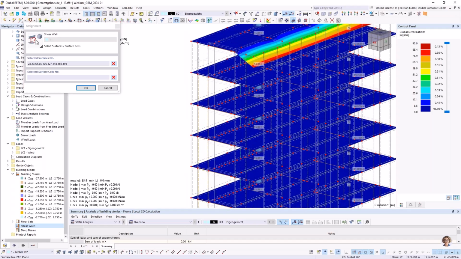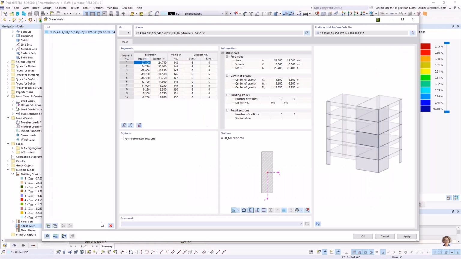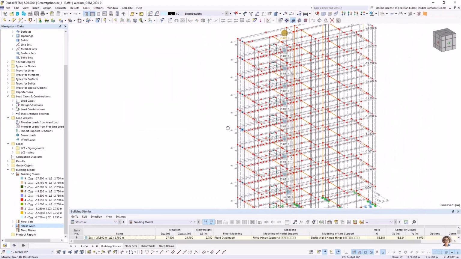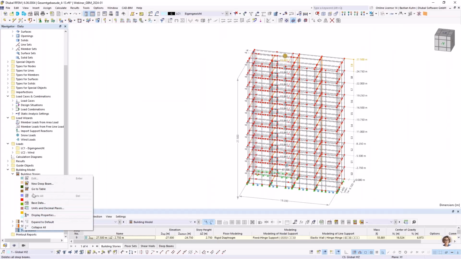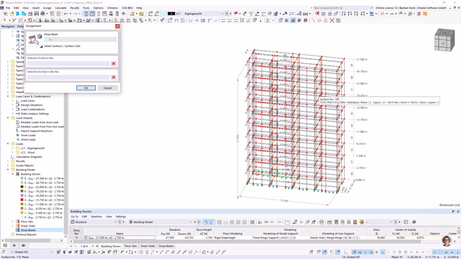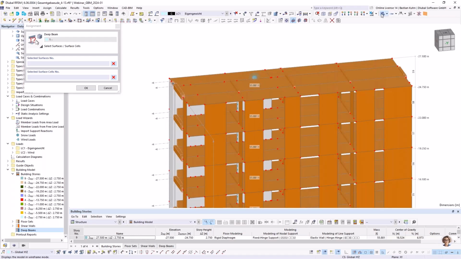This is something you could use for directly defining reinforcement in here and also generating result sections. I will just show this to you on this shear wall in here. All right, to me, definitely good to delete the results here. And I will also define a deep beam where I have the opening of the building in here,